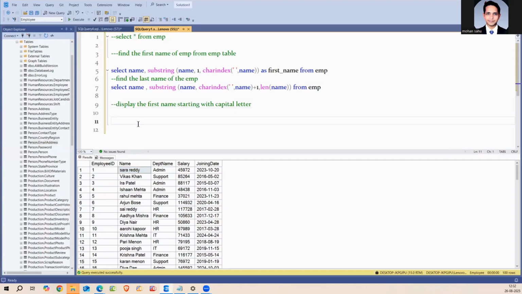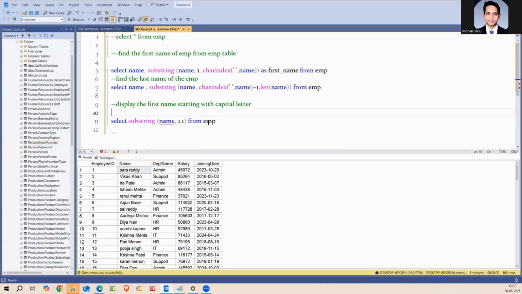How will we get the first letter? Again, we will use select and the substring. In the substring, we take name as the string, start from first and go till first only, because our focus is to convert this first letter into a capital letter. If I run this,